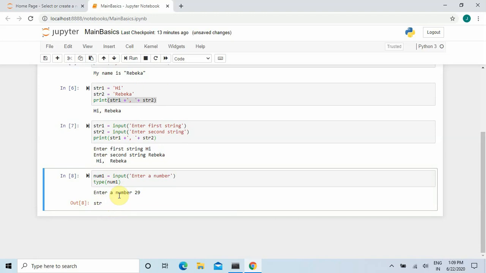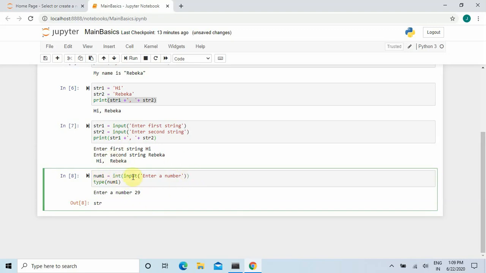So you cannot perform any addition, multiplication or any mathematical operations on this string. So you have to convert the number that you have entered from a string. So what will you do for that purpose? You will write here int, input, enter a number.